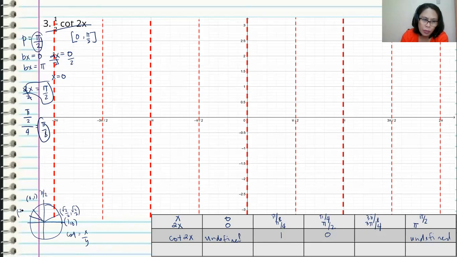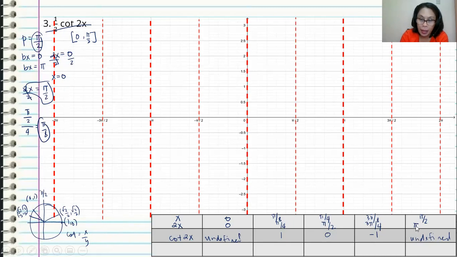So this is negative square root of 2 over 2, and then square root of 2 over 2. So this gives us negative 1. Cotangent 3 pi over 4 gives us negative 1. And then this is expected to be undefined,